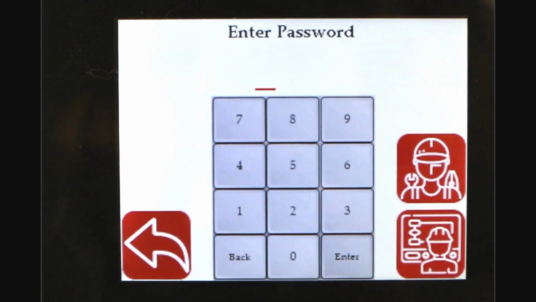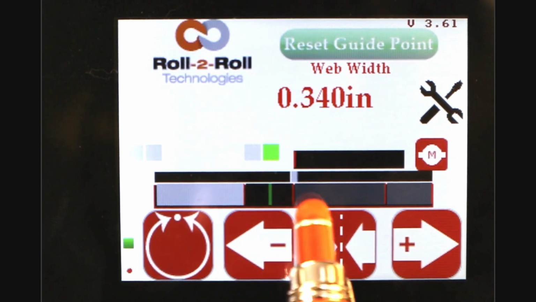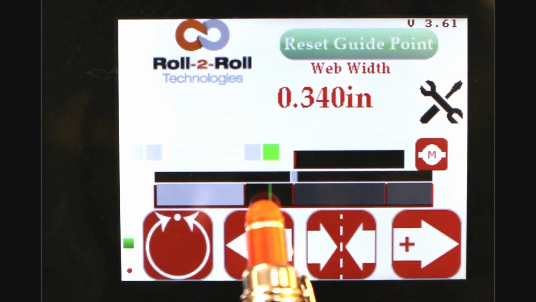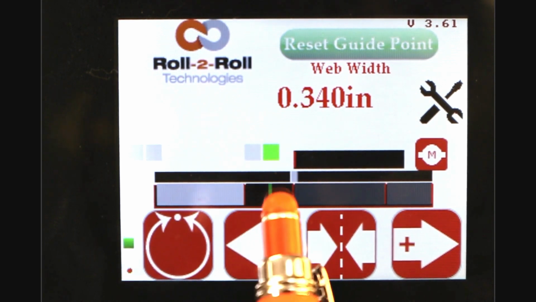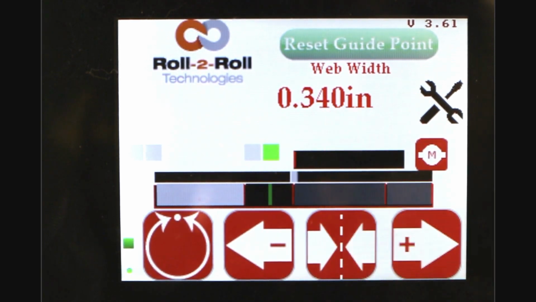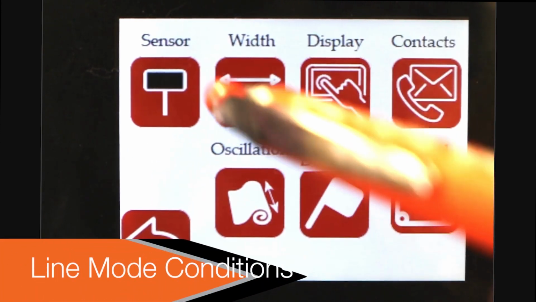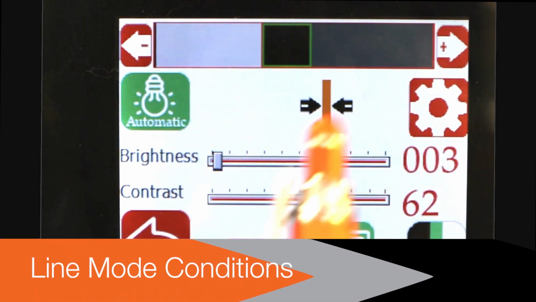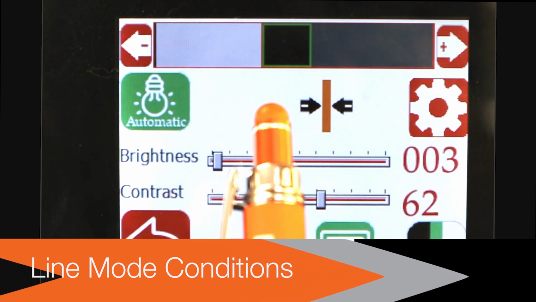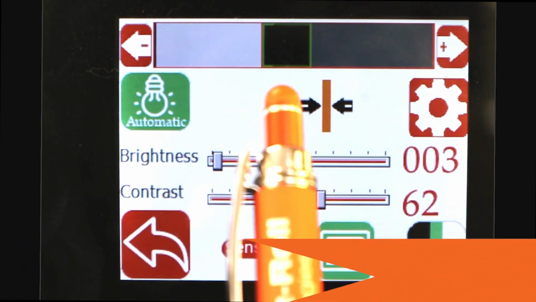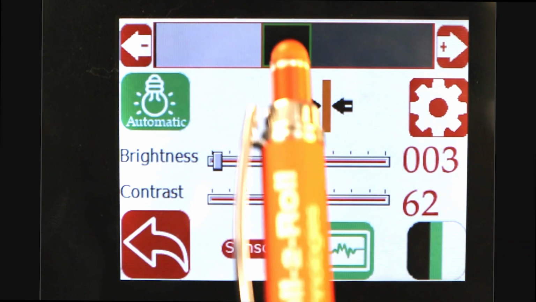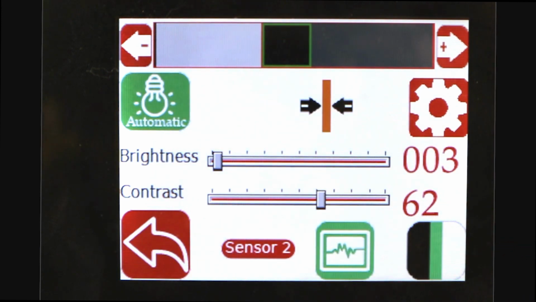And if we go to the home screen, you're going to see the contrast. The middle of the contrast is chosen in line mode, and it's also showing the width of that feature. So if I move my sensor back, you should be able to see that the width changed a little bit, but it also keeps track of the position. One of the things with this particular mode, line mode, is that in order to lock on this contrast, there are two conditions that need to be met. One of them is the width of the contrast, and the other one is the color of the contrast or the brightness of the